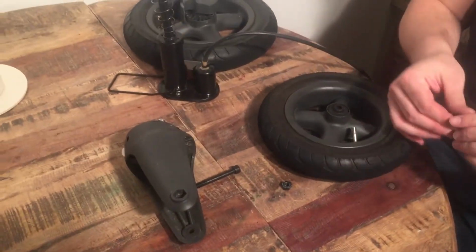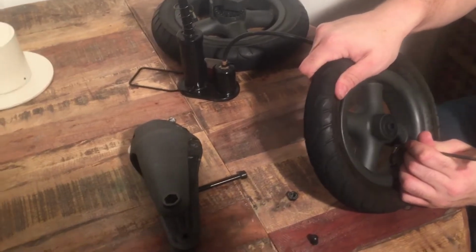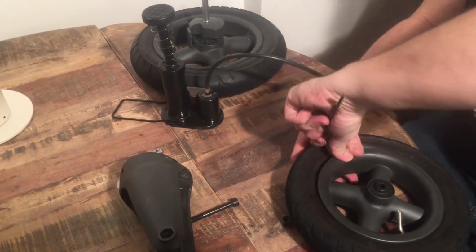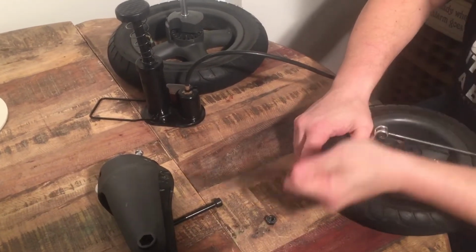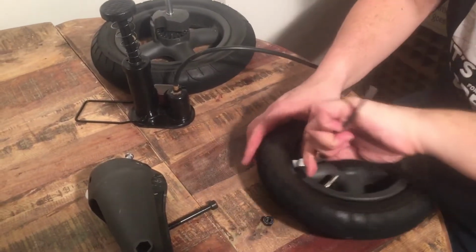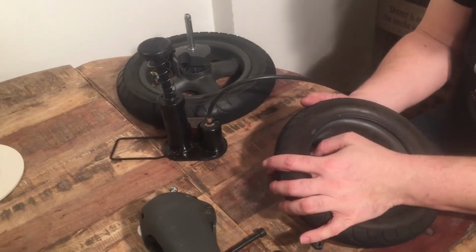I suppose this would be a nozzle in English. And we're going to remove the air here as well. As with the other wheel, you then use your tools to pry the tire free from the rim. About halfway through, you can start using your fingers. Finish it off. In this case, we have this nozzle that has a